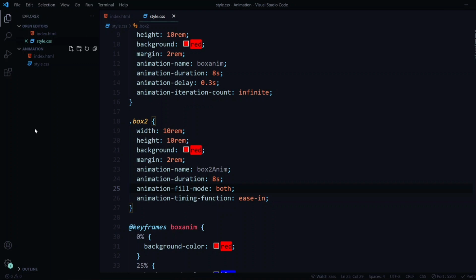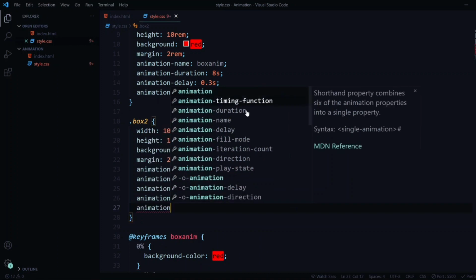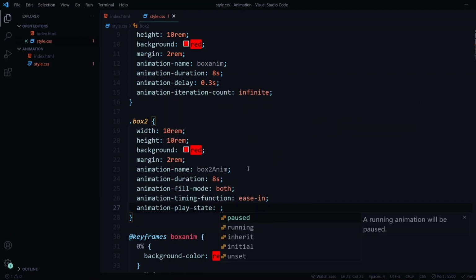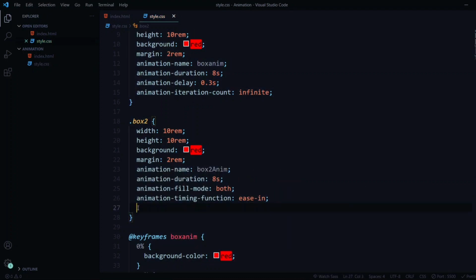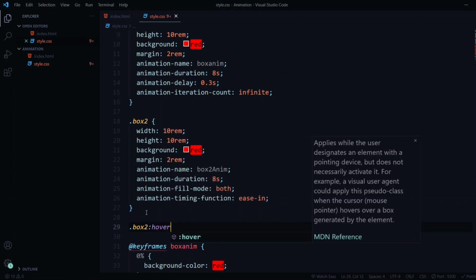Okay, moving on. There are a few other properties in animation as well. So if you just write out animation over here, you can see these are all the properties. We have covered all of them. There's this one left, which is called play state. So it just tells that the animation is paused or it's running. So it's helpful when you're using an hover state or something like that. So let me just show you this last property that is there in animation. So we have not missed out any. I thought we'll miss out one or two, but we haven't.